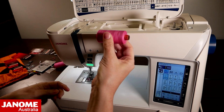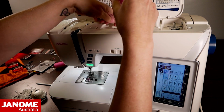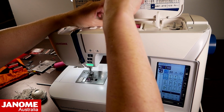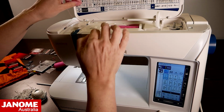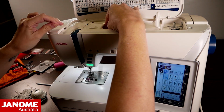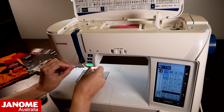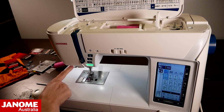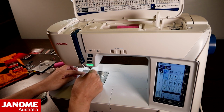Now for threading twin needles, I generally start with one thread, thread that all the way down to the needle, and then I do my second thread. So I'm placing my thread onto my standard spool stand, and then up here I've got my secondary spool stand ready to go. We then thread this following our instructional book to how you thread your machine. And when we come down here to our needles, the main thing with a twin needle is you cannot utilize your needle threader. So you do have to do it manually, and we get so used to some of these tools, don't we,